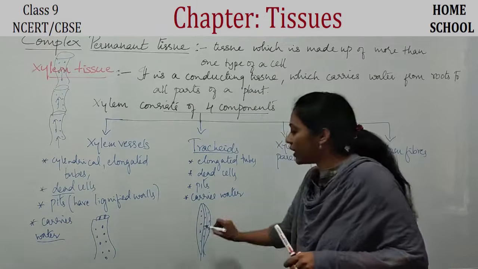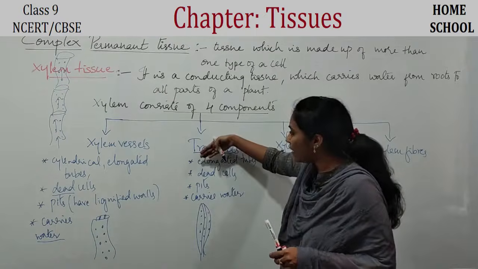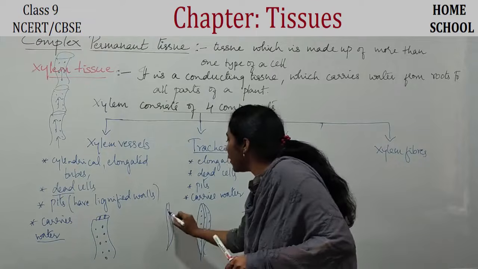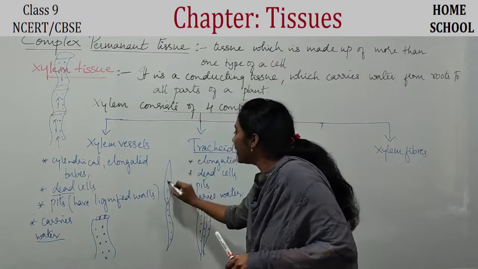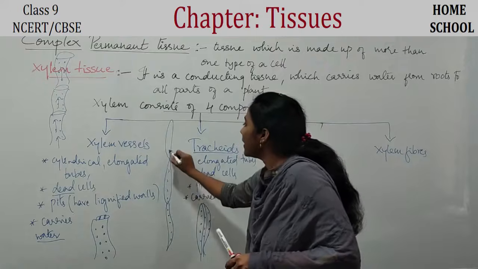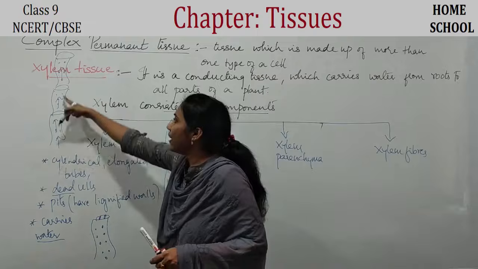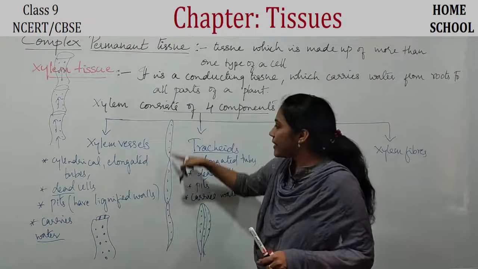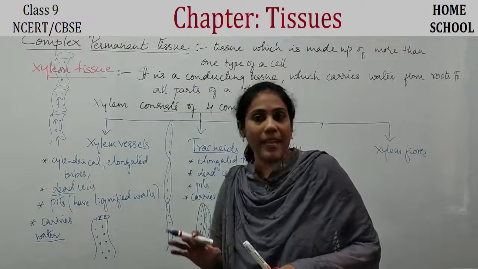Okay, tracheids. This is one tracheid. Above this, one more tracheid cell will be there. Okay, say like this, it continues. This is one tracheid. Okay, above this, one more tracheid would be there like this. Above this, one more tracheid. Like how your xylem vessels were placed one above the other, no? So this is one tracheid cell. Above this, another tracheid cell, another tracheid cell. It goes on from bottom to tip of a plant.